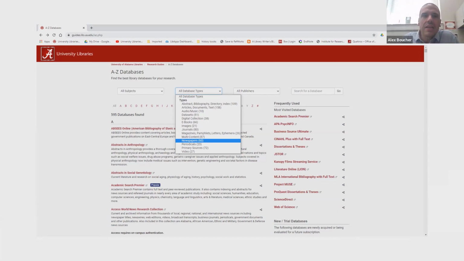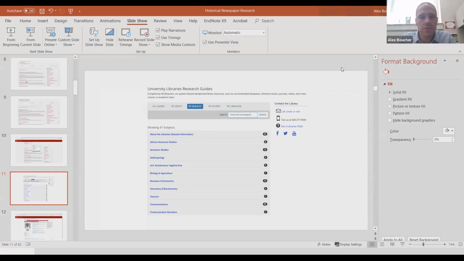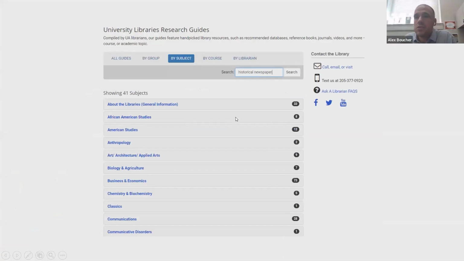The other thing that we can offer is we actually have a research guide. I am going to go away from full screen for one second so I can copy the link to this research guide, which I'm about to show y'all on the PowerPoint. So we have a research guide just for historical newspaper databases.